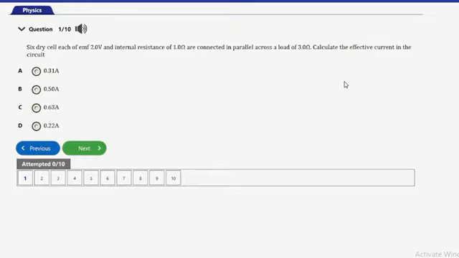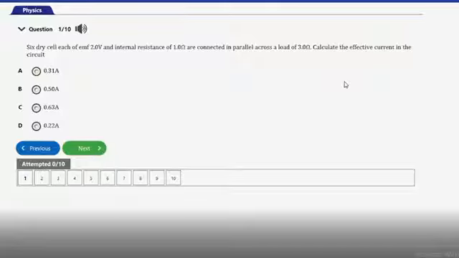So guys, in order for us to calculate the effective current in this circuit, we have to recall that E is equal to I into R plus r. So this is the equation we are going to be using, but then E is already given to us here